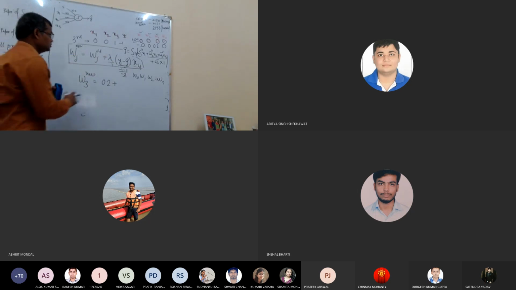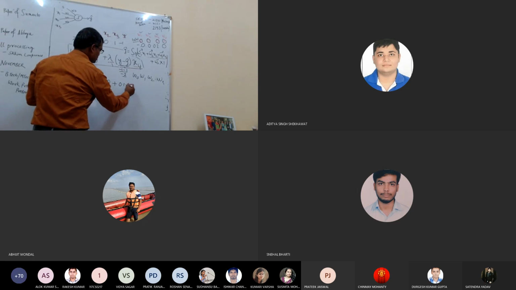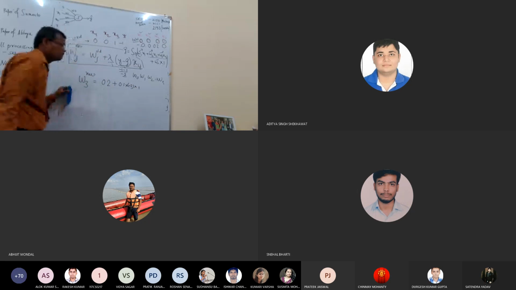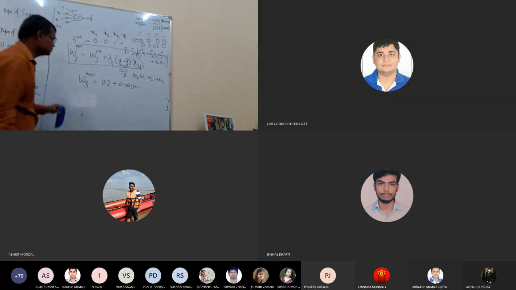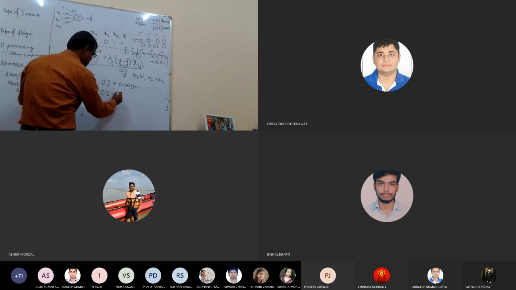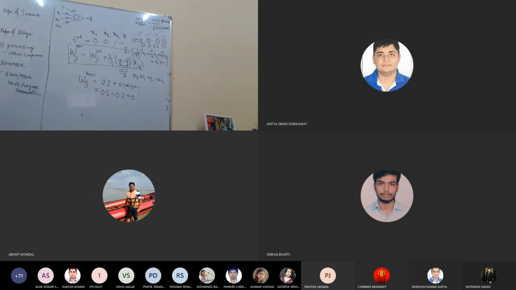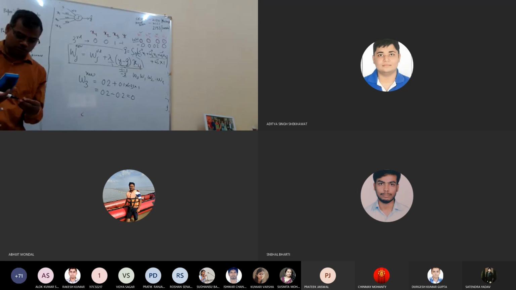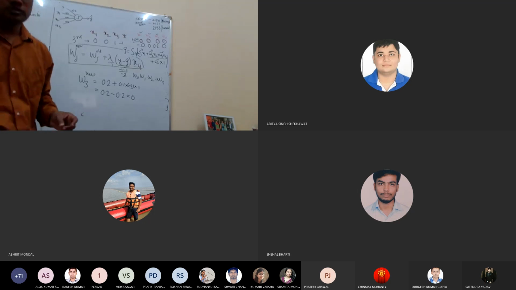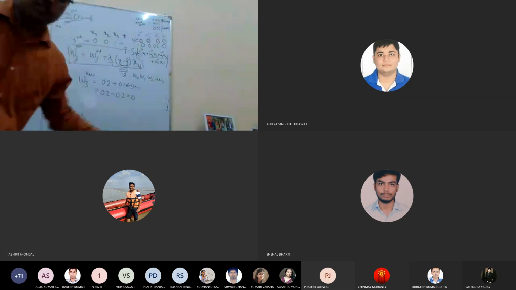So X3 is 1, and we get 0.1 into minus 2 into 1. So this will be 0.2 minus 0.2, which is 0. So W3 will be 0. Okay, that way you can compute all the values, and this is only for the first iteration.